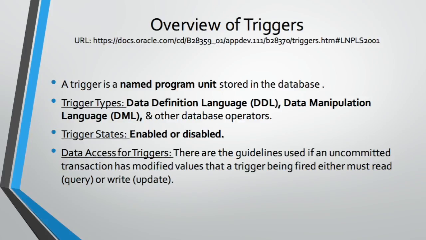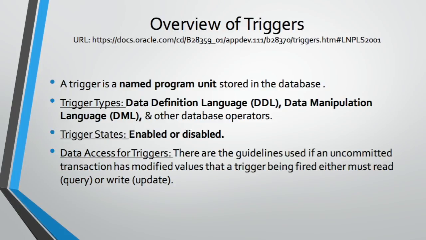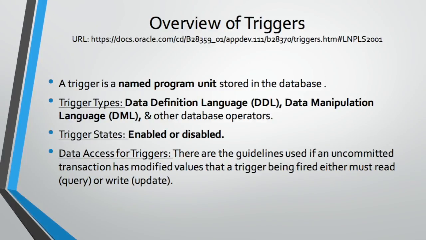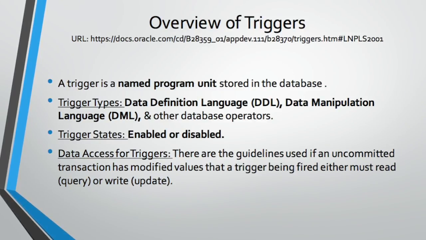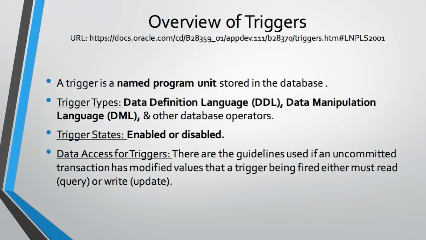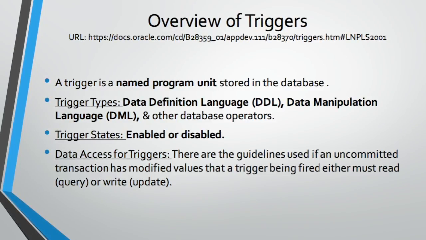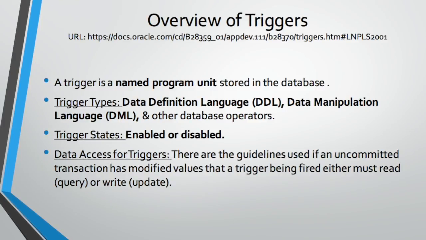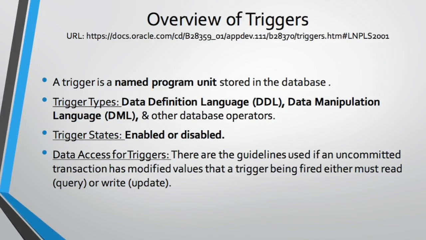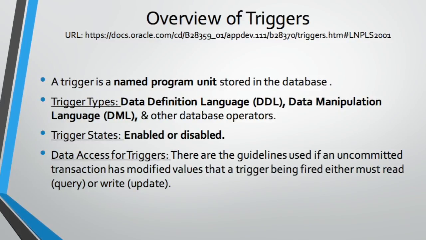A trigger is a named program unit stored in the database and fires, or triggers, in response to a specific event. It may be defined on a table, view, schema, or database. System triggers are defined on the schema or the database. A simple trigger can fire before or after a triggering statement executes, or they can fire before or after each row the triggering statement affects. Compound triggers can fire at multiple timing points. They make it easier to program an approach where you want the actions you implement for the various timing points